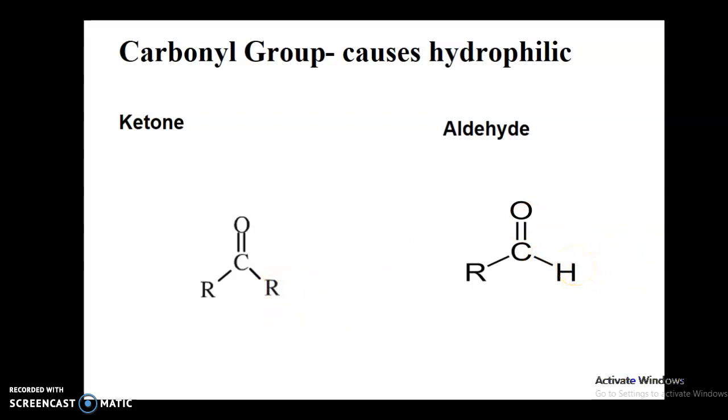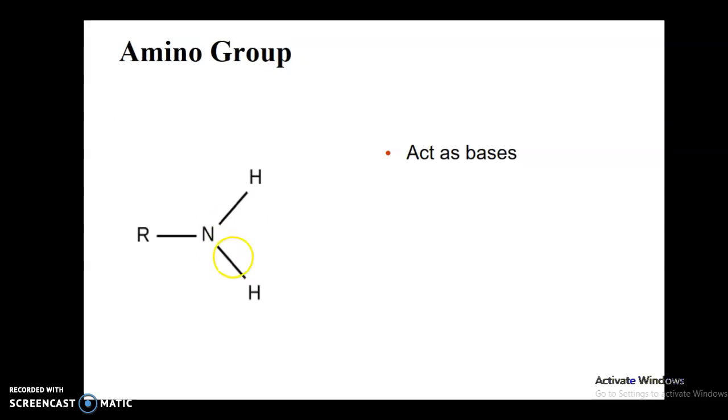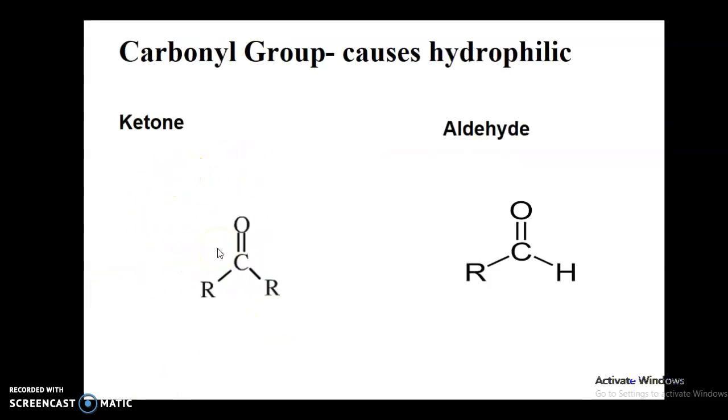And it's easy for you to remember the difference between a ketone and an aldehyde because we have an H in aldehyde and an H off of our carbon group. So for a carbonyl, we are looking for a carbon with a double bond oxygen. Let's go back up for just a second and look at the amine group. In the amine group, I'm looking for the N, the nitrogen. In the carbonyl, I'm looking for C for carbonyl and a double bond O, and we can have either a